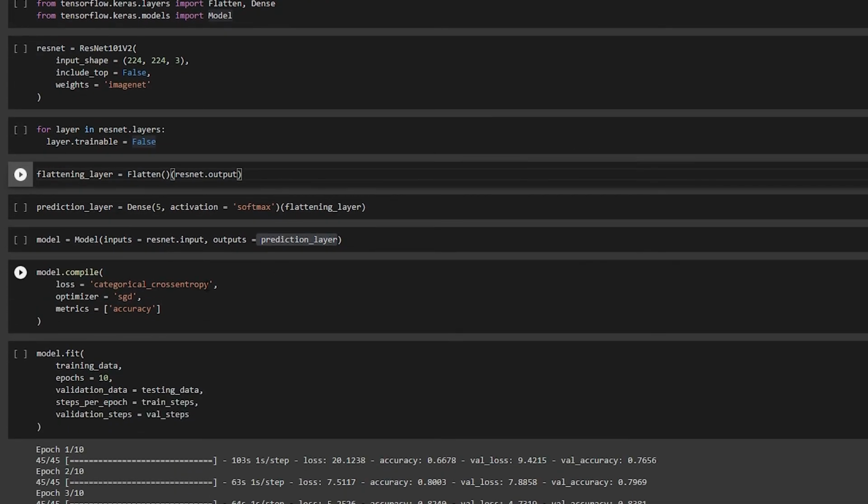All right, then I'm compiling my model with the same categorical cross entropy and stochastic gradient descent. I'm going to go into very intricate details later on, because we have only been exploring stochastic gradient descent for a long period of time. I'm obviously going to cover some other loss optimizers in the upcoming tutorials. Then I'm fitting the data. Now I'm not even fitting it on 25 epochs, let us just check with 10 epochs. I'm giving it my training data, my validation has my testing data, and I'm using the steps as 45 and 11 over here.